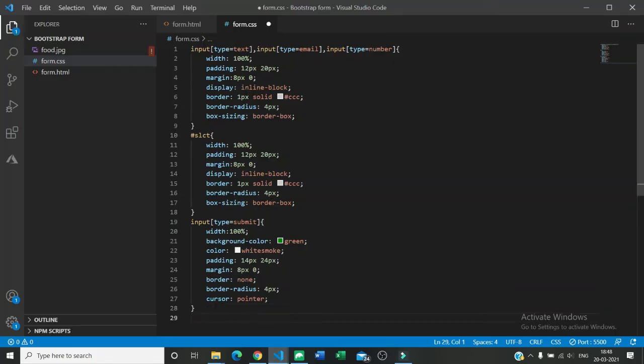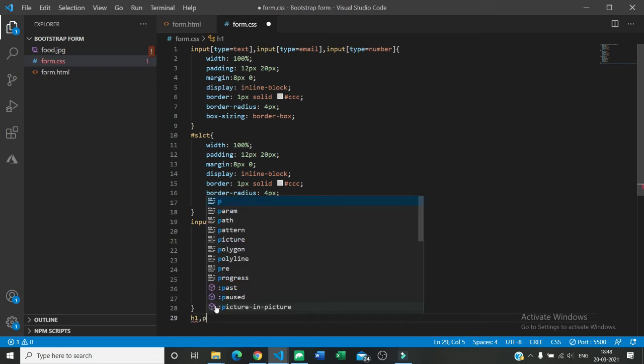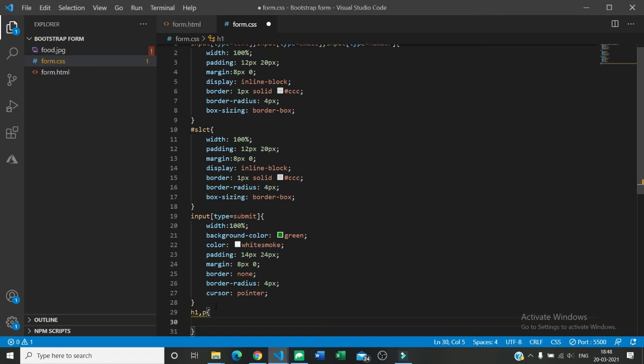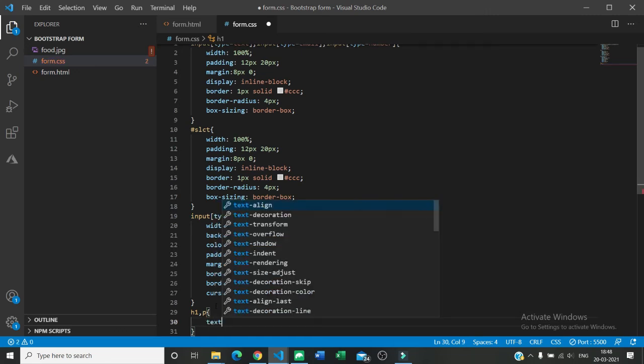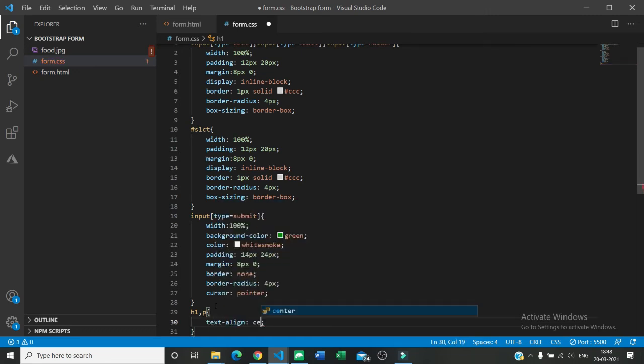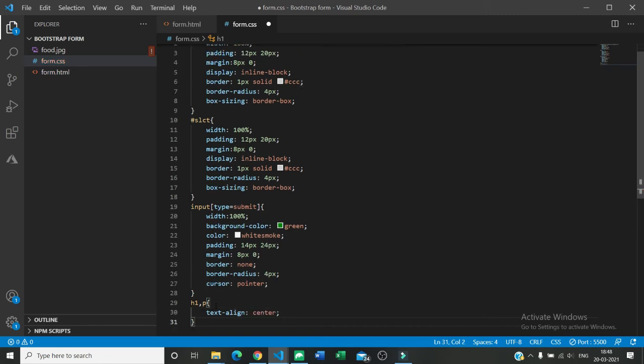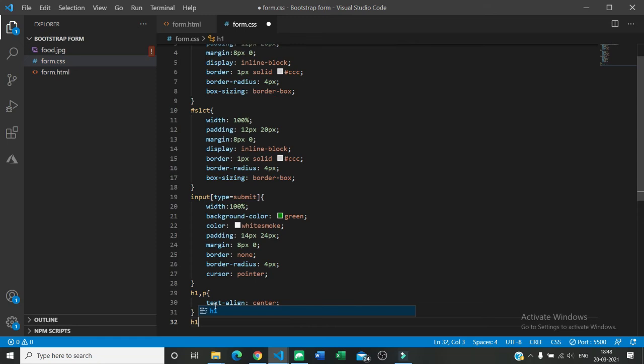Now I want to give some styling to my headings and all. So give some styling to the H1 and also the P paragraph. So what styling can we give? First we want both of these to be in the center. So use center. Now I want individual styling on my headings and paragraphs.